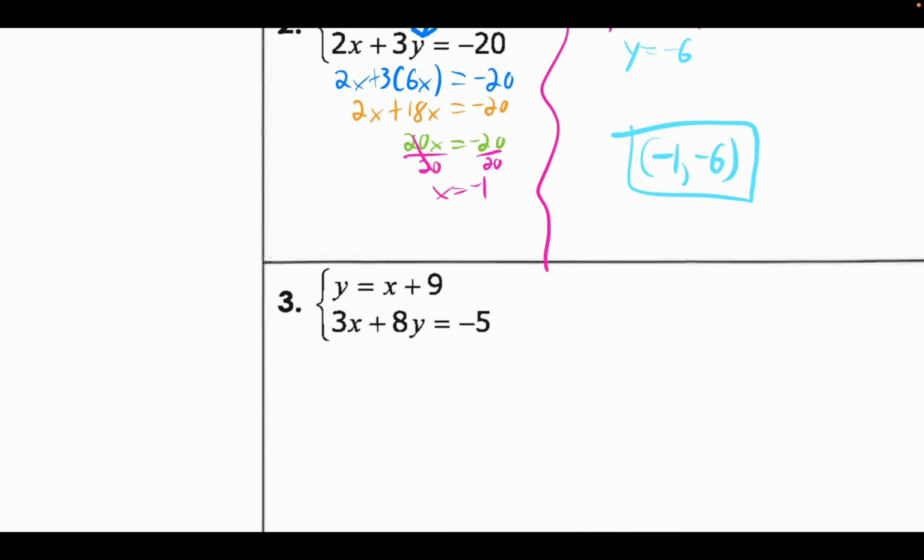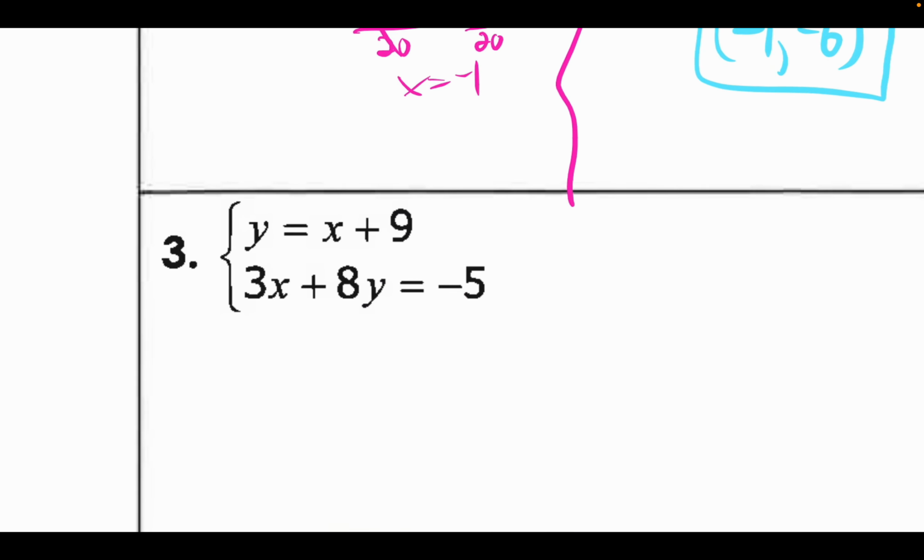On to number 3 here, we have an equation where a variable is solved for. In this case, the top equation has y solved. And so I'm going to take this x plus 9 that y equals, and I'm going to substitute it in for y in the other equation. So instead of 3x plus 8 times y, it's going to be 3x plus 8 times x plus 9 equals